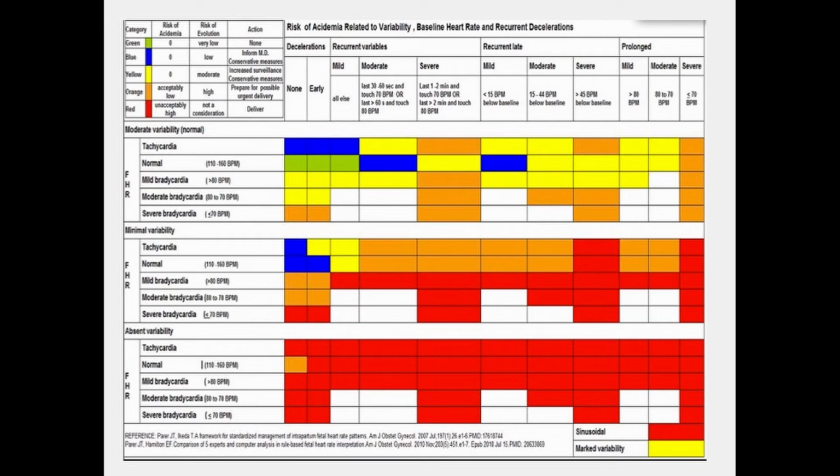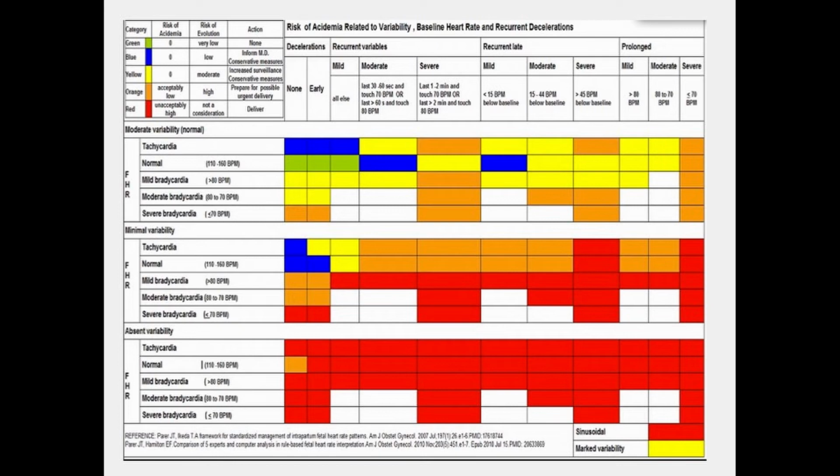Severe recurrent variables last 1 to 2 minutes, touch down to 70 beats per minute, or last over 2 minutes, that would be a prolonged deceleration, and touch down to 80 beats per minute. And you can see when we get into moderate, we are outside of where we have blue and we need to inform and kind of look at things. That's only if the heart rate's normal. But if we have any tachycardia, any other changes in our fetal heart rate, we're now into yellow and orange and problem,